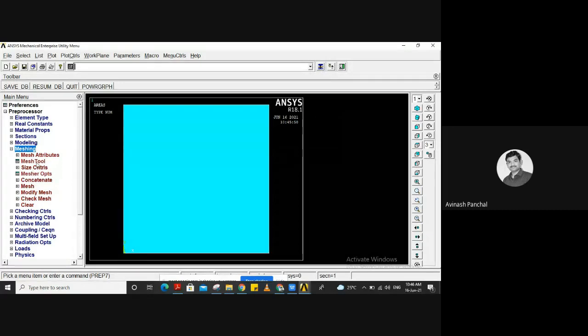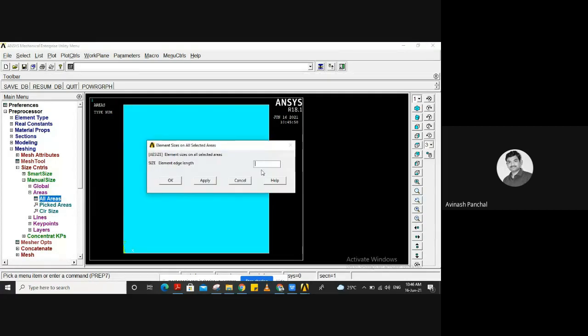Then we will go to the next step, that is meshing. First of all we should see the size control, manual size, areas, all areas. So size, that is element edge length, we will put over here 0.02. As it is 1 meter length and 1 meter height, width, everything is 1 meter, we will take an element size of 0.02.